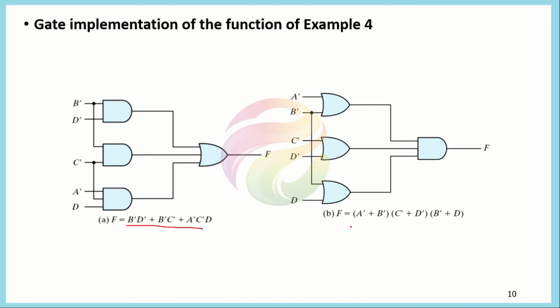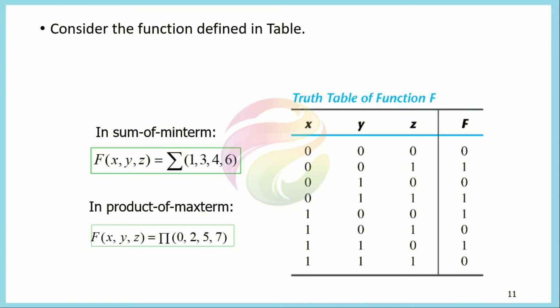While if you are representing it as a product of sum form, then we would represent it this way. So both are two-level implementations, which are very easy to achieve, and both represent the same function. We first took the complement of this one, then if you again took the complement, we will get into the max term form, which is represented as this one.